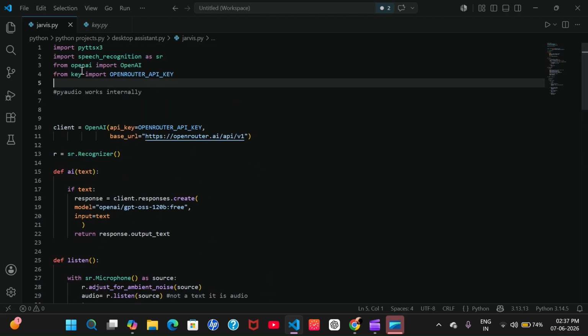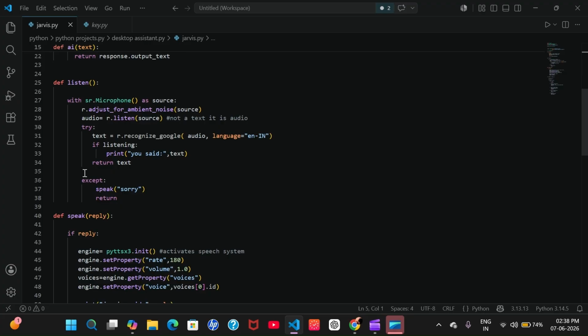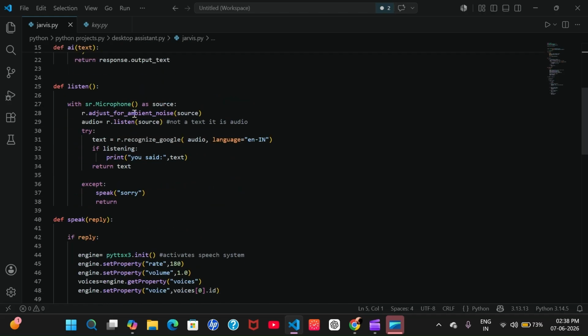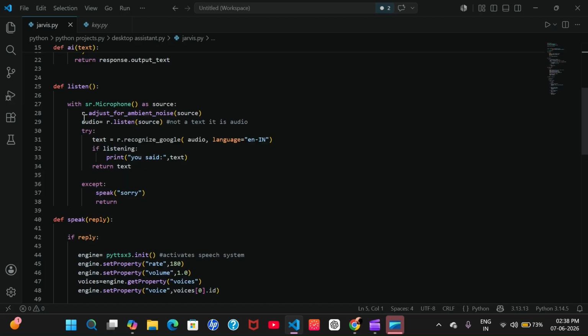See, we understood the imported packages. Now, how does listen work? I already told you the basic syntax. So listen is all about the recognizer, and it is like the ear. With sr.Microphone, remember the M must be capital, as source, and r.adjust_for_ambient_noise. With the help of this, it will adjust itself for extra noise like the sound of a fan, right?